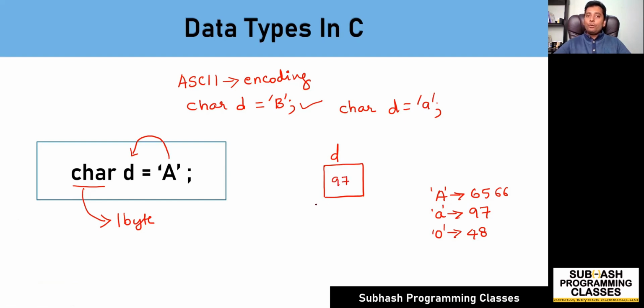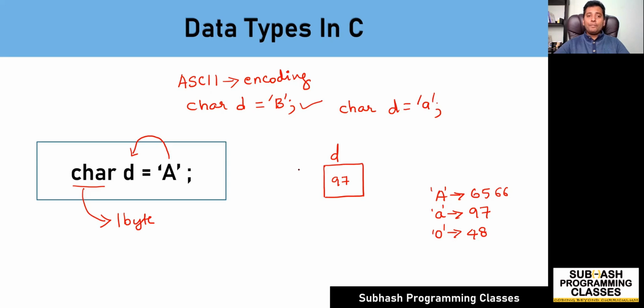So one thing that you have to understand here is that character constants are always represented by an encoding scheme called ASCII, which stands for American Standard Code for Information Interchange. The character constants are not directly stored, rather those encoded characters, which is nothing but the ASCII values of those character constants, get stored into the memory. If you want to learn more about the encoding scheme, I would definitely recommend you to go and read the Wikipedia document about ASCII. It's very well explained over there.